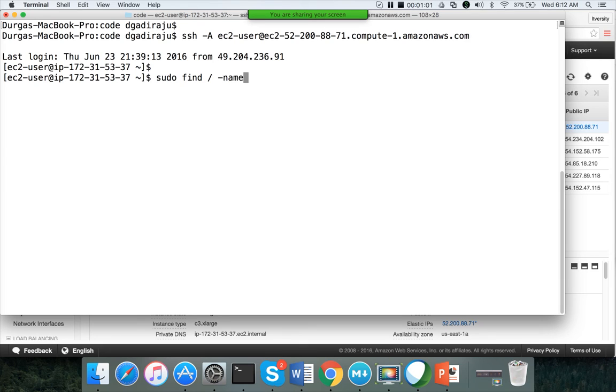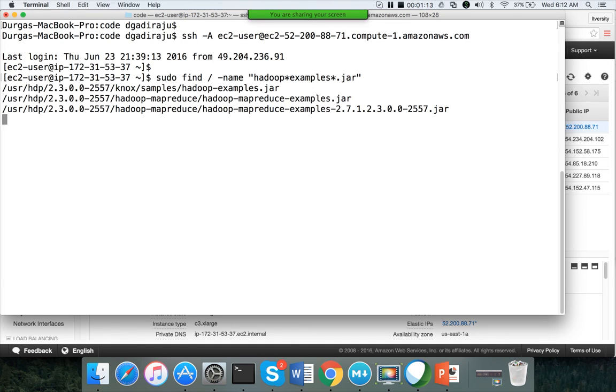So this is the command which I typically use to search for the Hadoop examples. Whatever distribution we have, typically administrators will have sudo permissions, and we can use this sudo find command in any environment. So this is the jar file which I will be using to test. Okay, and this jar file comes from Apache Hadoop, not from Hortonworks or Cloudera. So once you know where this examples.jar file is, you can use that to test on any node in the cluster.